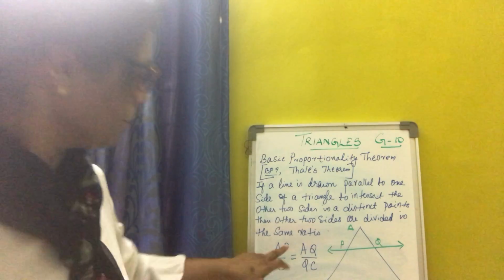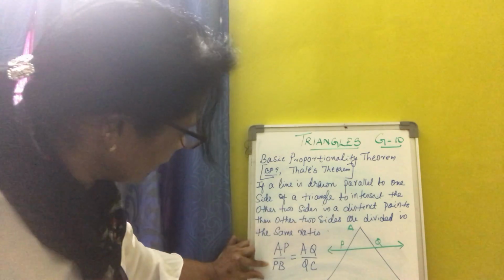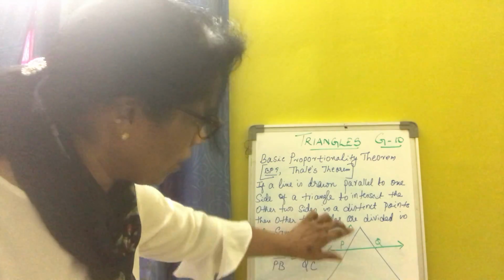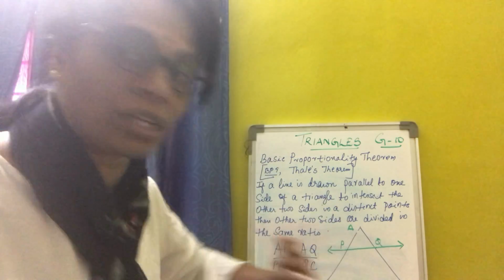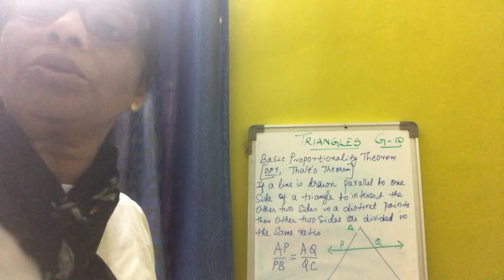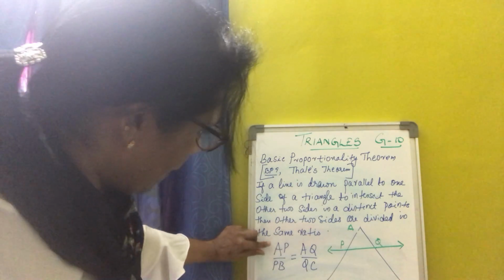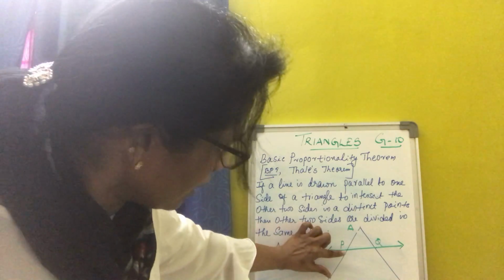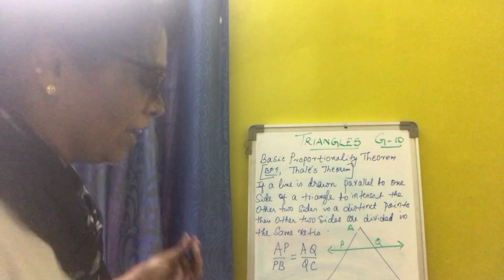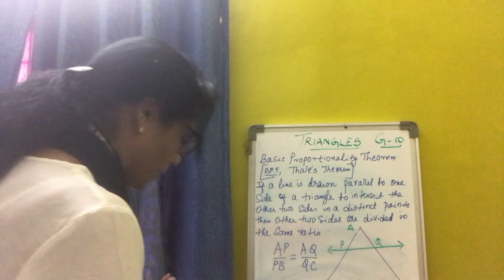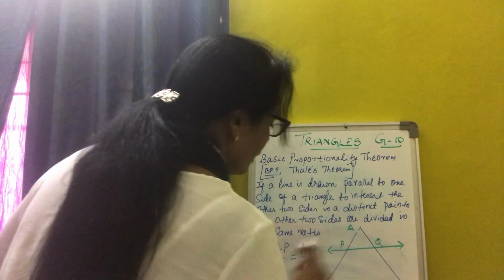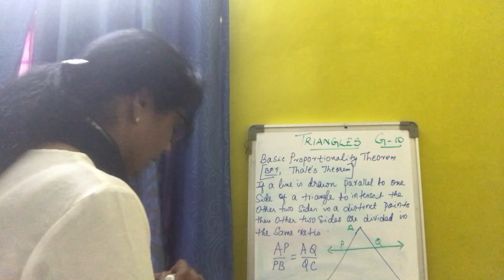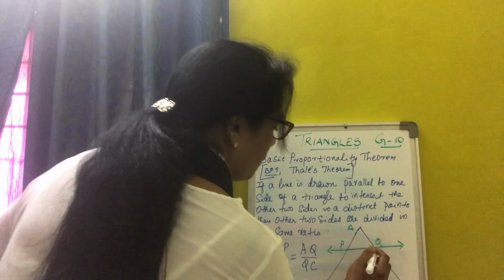So now we will see that this is AP and PB. Can you see the PB over here? This is PB. Now this is AQ and QC. Now I am going to do the construction to get AP as the base and PB as the base of the triangle. So this is the one side. AB is the base. AB is divided into two parts, AP and PB. Now the construction part is join BQ.